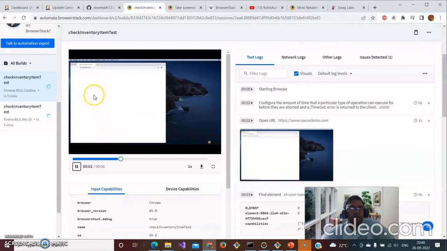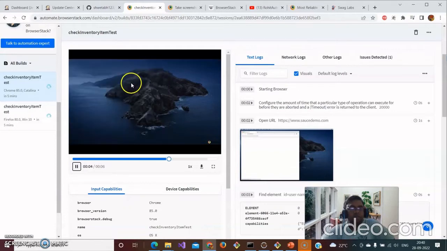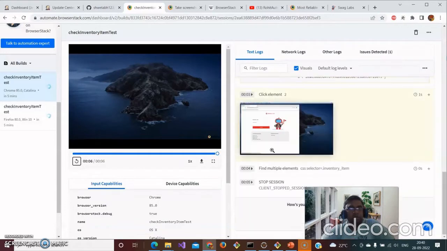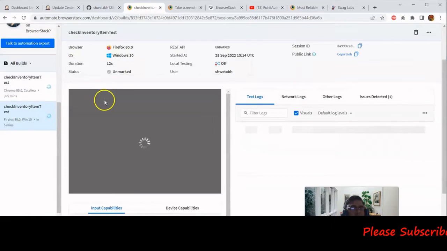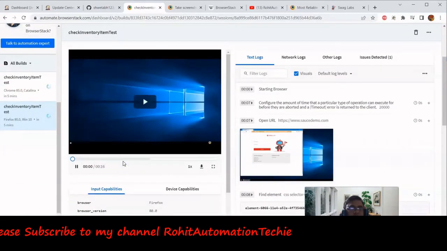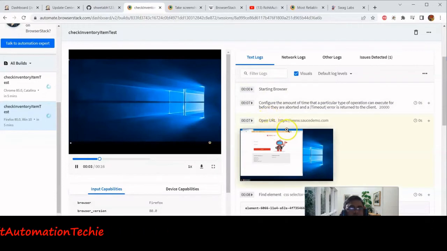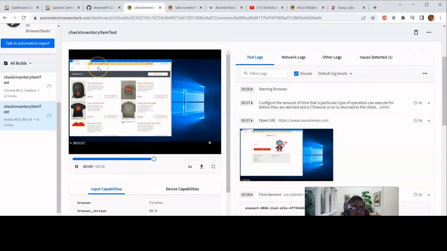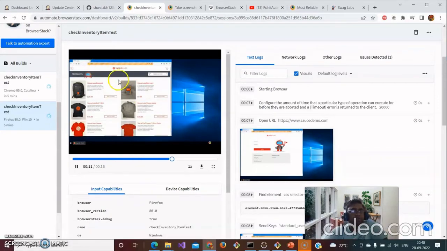It will show what it has done. It has opened the URL and logged in, and you can see all the logs are also captured here. This is for Firefox on the Windows machine, correct? You can see the text log is also captured, and it is also capturing the screenshot along with the video. It has opened the Firefox browser, as you can see here. It has opened, logged in, and now it has